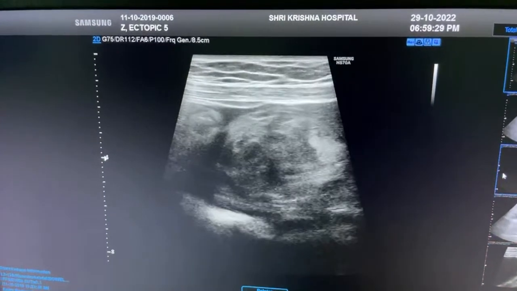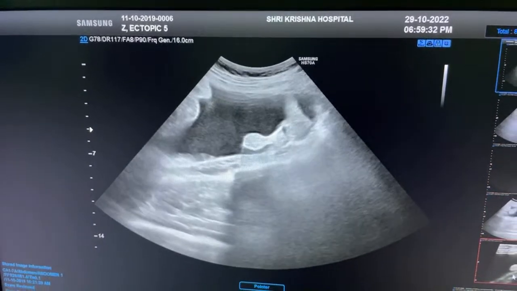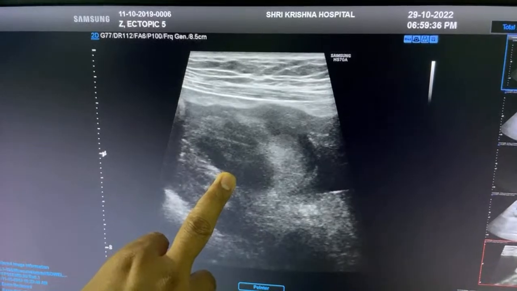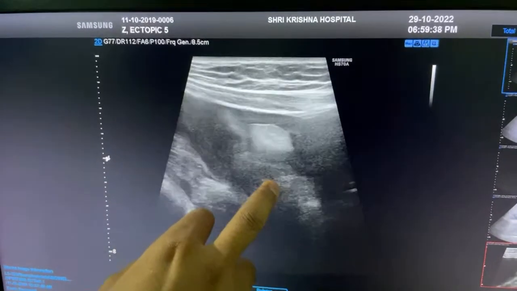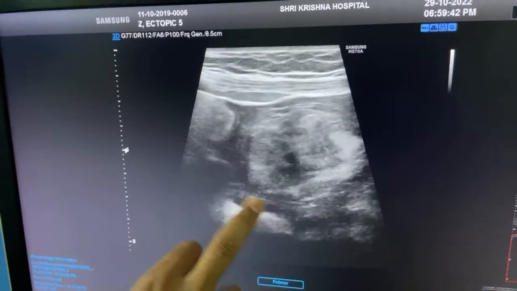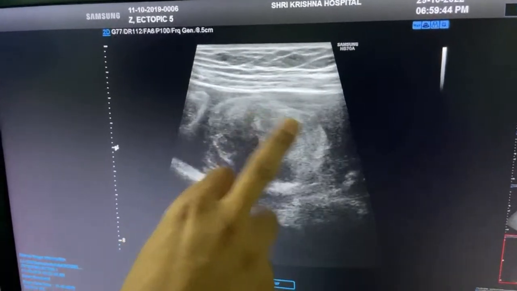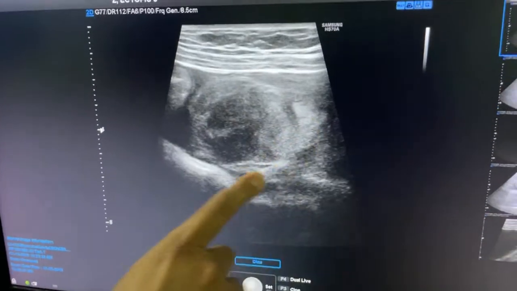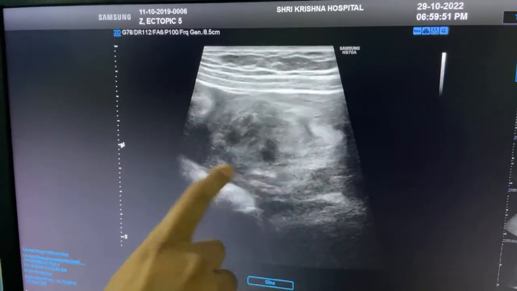Now let me show you the linear probe. This is linear scanning. You will be able to see more details of that heterogeneous mass. Try to see the boundary, echogenic rim. So what is it?